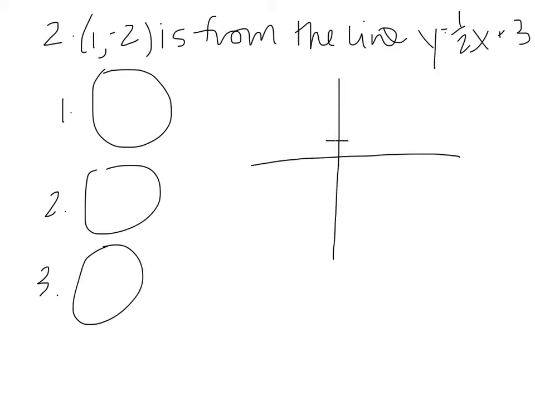So it's going to cross through 3. So I'm just going to say something like that. And then it is going to go through (1, -2). So it's going to look like that. And then this is the line y equals half x plus 3. Okay, so the first one we're going to do